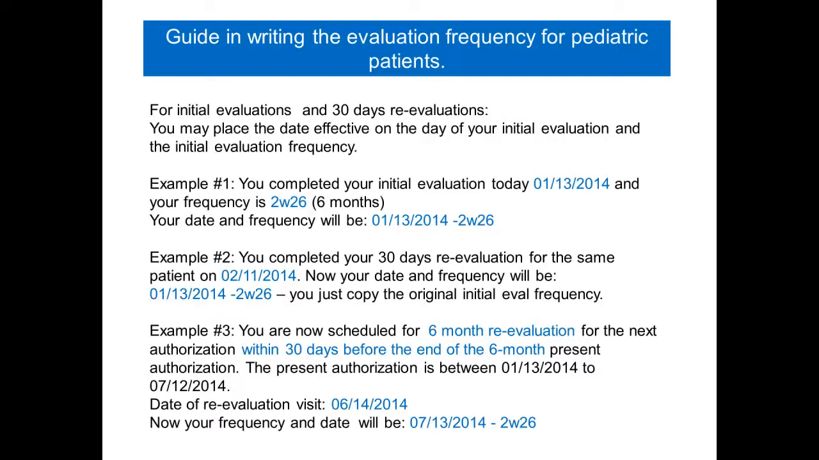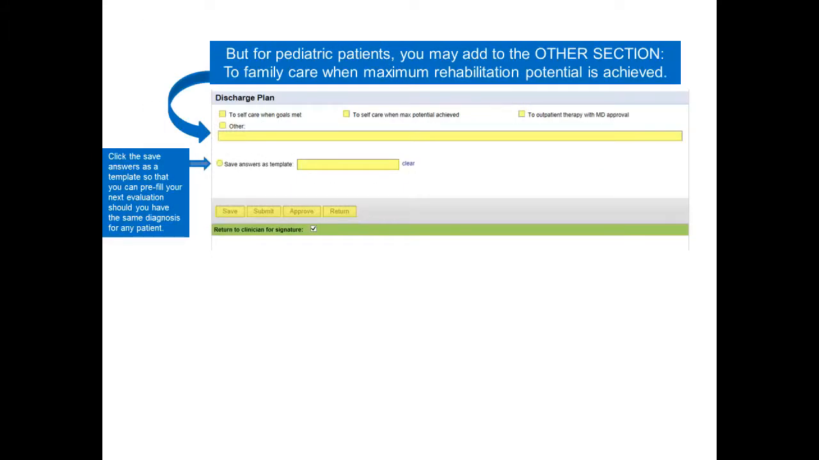Example number 3. You are now scheduled for a 6-month re-evaluation for the next authorization within 30 days before the end of the 6-month present authorization. The present authorization is between 01/13 of 2014 to 07/12 of 2014. Date of re-evaluation visit 06/14/2014. Now your frequency and date will be 07/13/2014, 2W26. But for pediatric patients, you may add to the other section, to family care when maximum rehabilitation potential